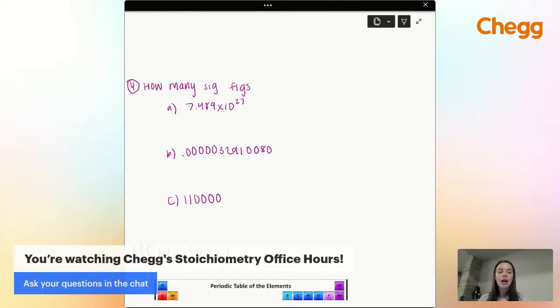And then I do see a comment from Aqua Shark on TikTok. Can you go over gas laws? Absolutely. I would love to do that. Any questions you have about gas laws, type those if there's something specific. I don't have anything prepared right now, but I can probably come up with something. But I would recommend if you have a gas laws problem, type that in the chat. I would love to answer that for you.